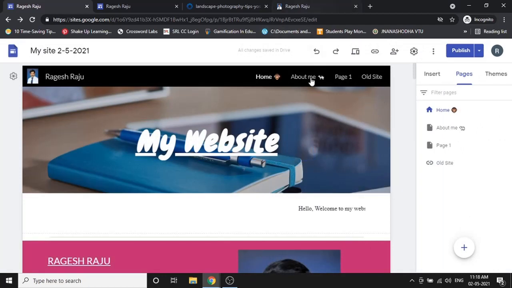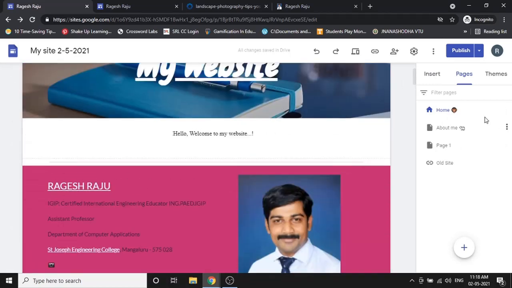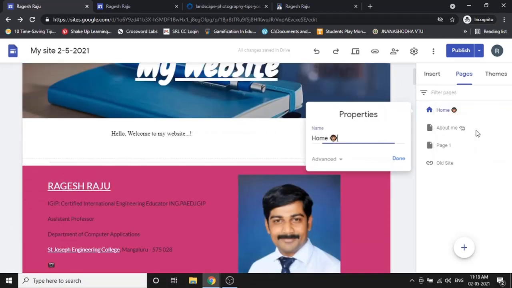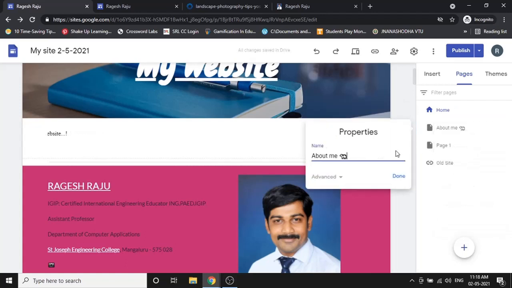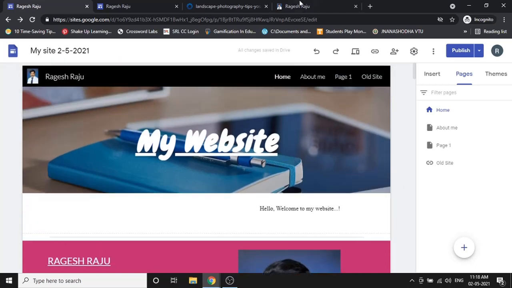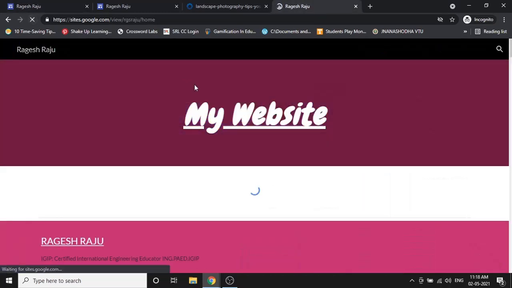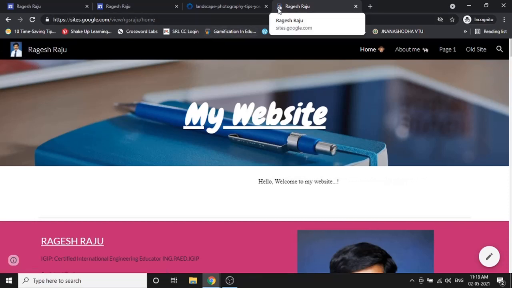So right now this page is published. So now what I will do is I just remove the emojis whatever I added. This emoji I'll remove, this emoji also I'll remove. I click on done. Okay, so now this has been removed. But if I go to my website which has been published, you see that emojis will still be there. And you see this was the logo which I have told, and this is the favicon which I mentioned. I told you the favicon will come only when you publish your website, right? So the favicon of my photo is coming here, just on the tab you can see.